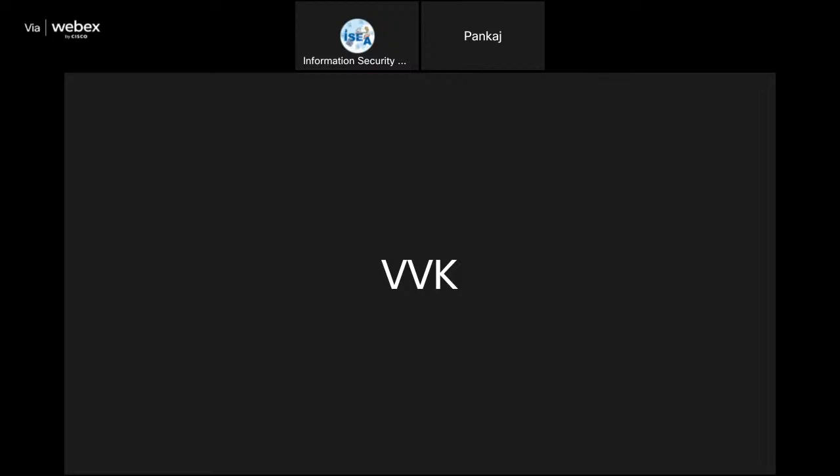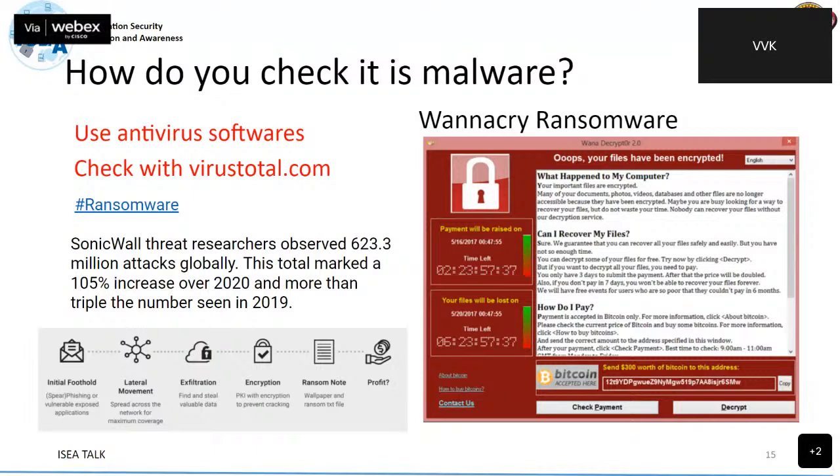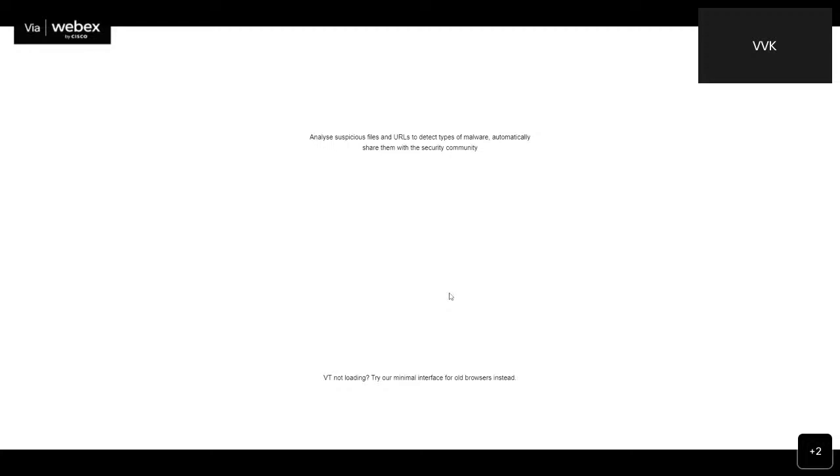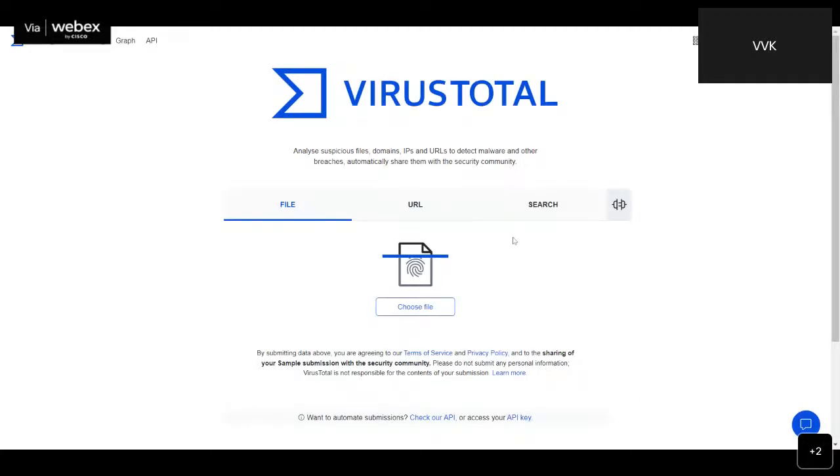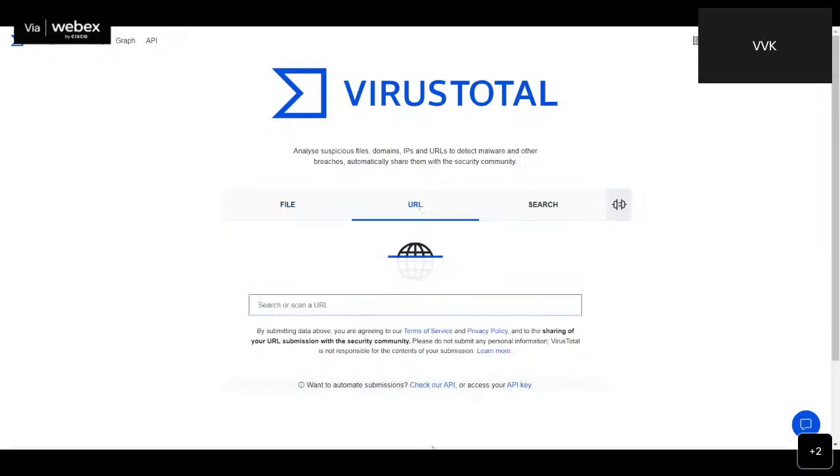Okay. So let me directly do it. You can choose a file and upload it, or you can click on the URL option and load a URL.